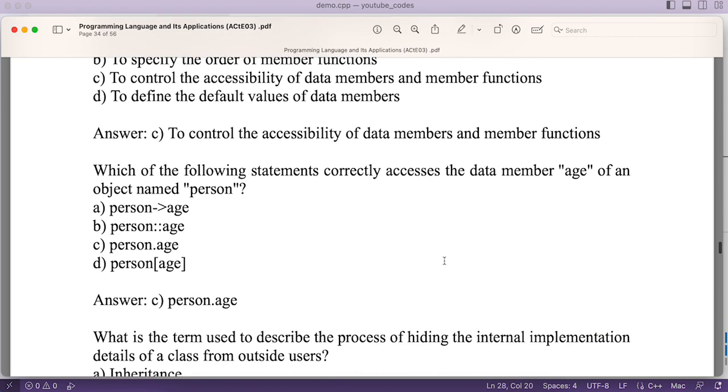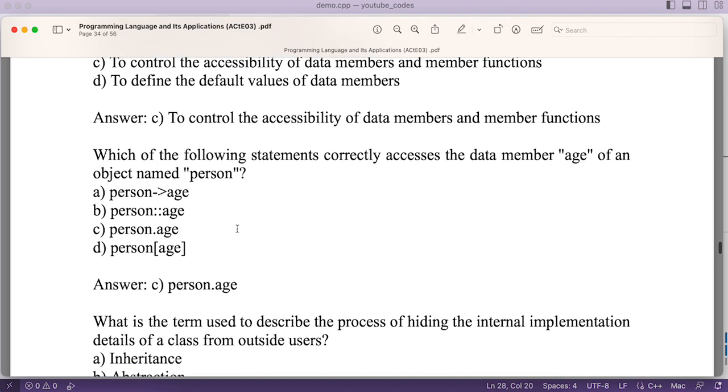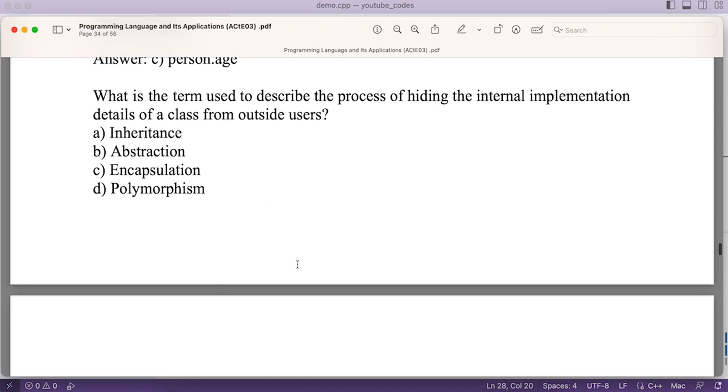Another question is, which of the following statements correctly accesses the data member age of an object person? You can access the attribute age of object person by using person.age. So person.age is the correct answer over here. What is the term used to describe the process of hiding the internal implementation detail